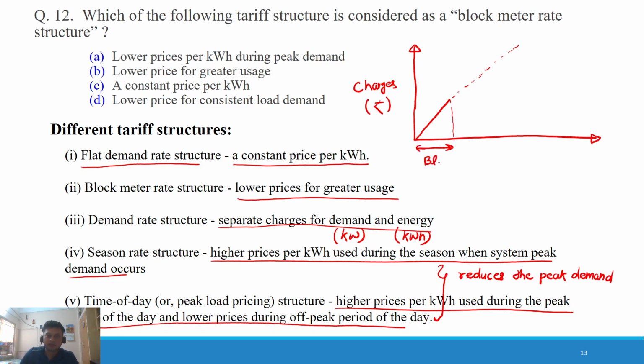So this one is block 1, and for the next unit consumption, this slope reduces. So let us take this as block 2, and for the next, again the slope reduces. Let us take this as block 3, and the x-axis denotes the units consumed,